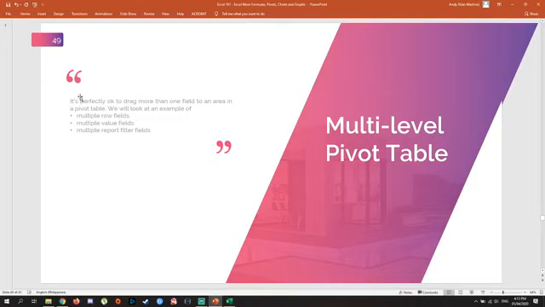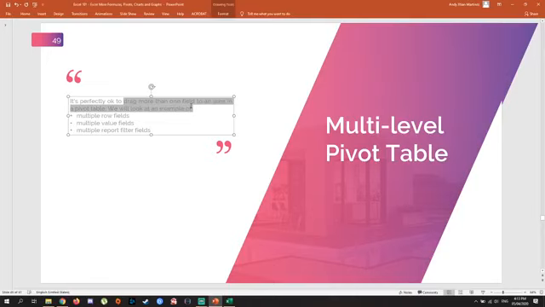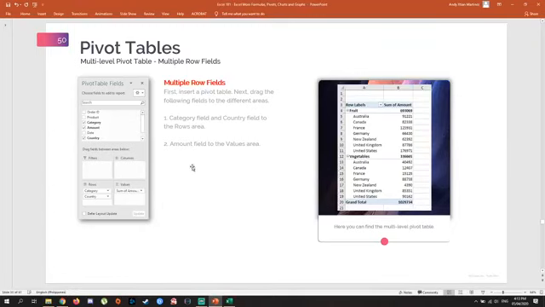It's perfectly okay to drag more than one field to an area in a pivot table. For example, multiple row fields, multiple value fields, or multiple report fields. So how does that look here? First one, multi-level pivot table for multiple row fields. So in this case,